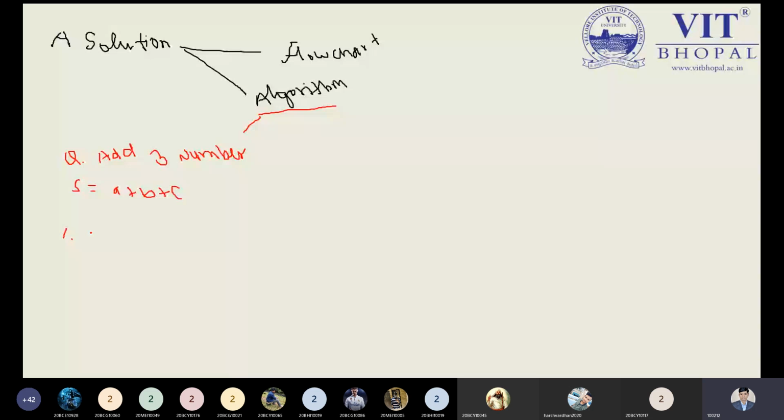But in the books, or when you're looking for anything, you will definitely find the actual technical terms by which you learn. But how I can write a general algorithm is the more important part. First, if you want to solve the problem of adding three numbers, then how can you solve it? Suppose you have the problem that you need to add three different numbers. Now tell me how you can solve it. The steps or points I need from your side. Yes, please, one by one you can speak up.